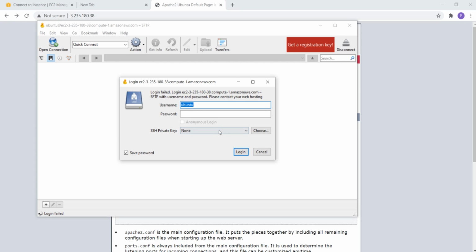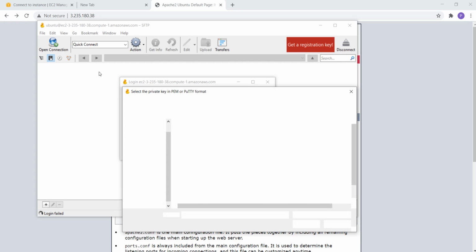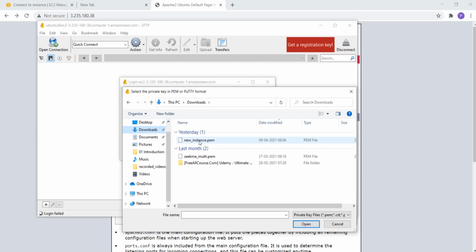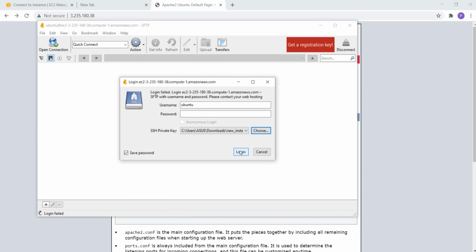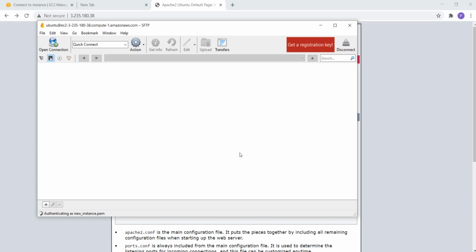If you have assigned any password, you can give the password. If not, you need to assign your SSH key. So just go to your PEM file location, select your PEM file, and then just click on login.